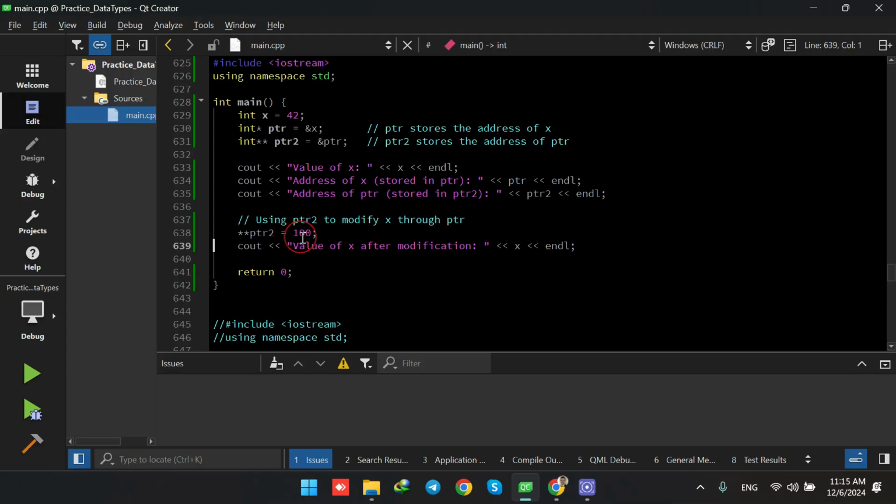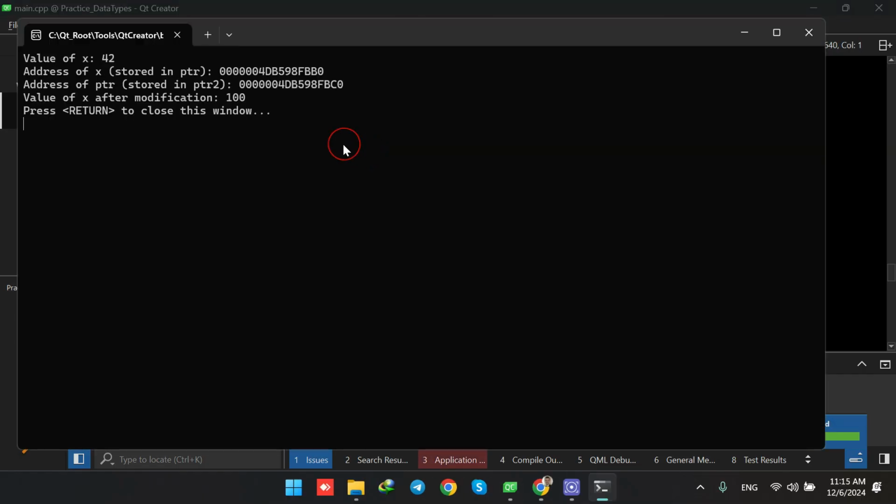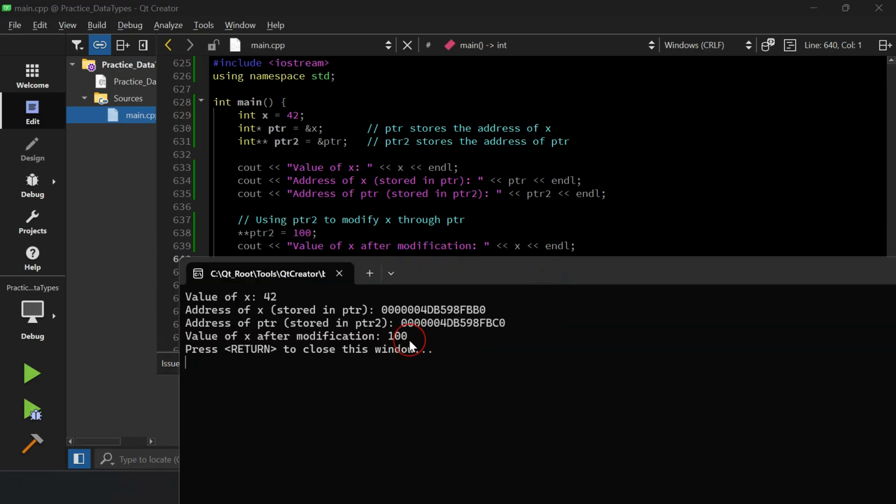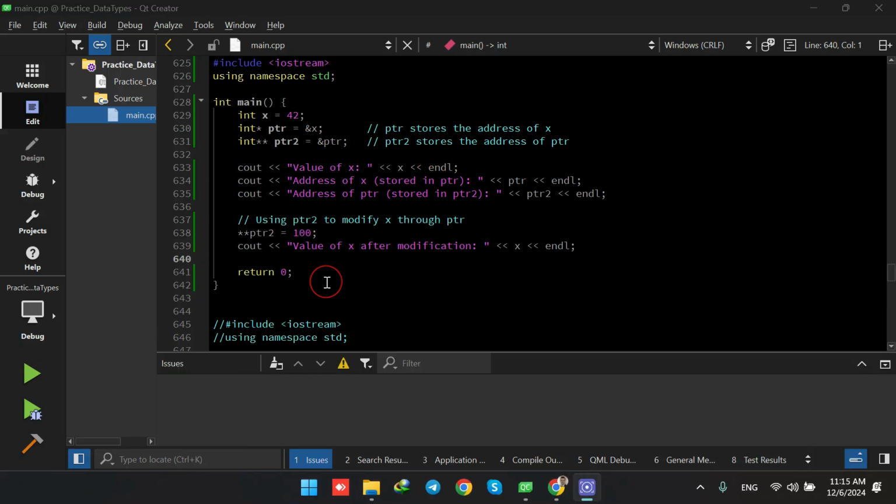We can use our double pointer to modify the value of x, because the double pointer is pointing to the first pointer, and the first pointer is pointing to the variable. By modifying this, like we are typing double pointer equals 100, we are going to have the x variable modified. As you see here, the value of x, which we are printing here, is 100 instead of 42 that was initially there. So basically, this is how